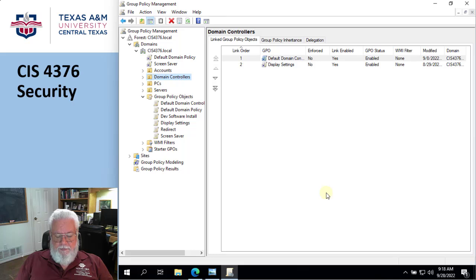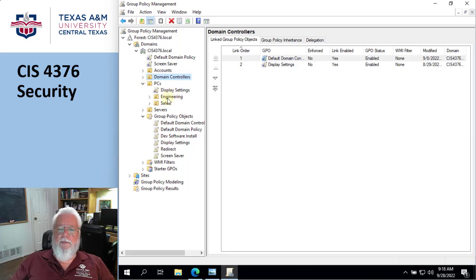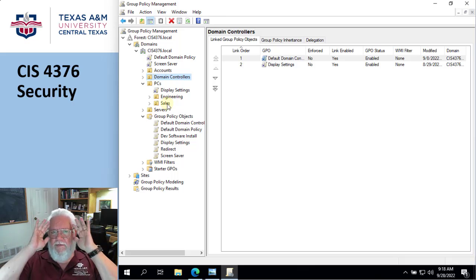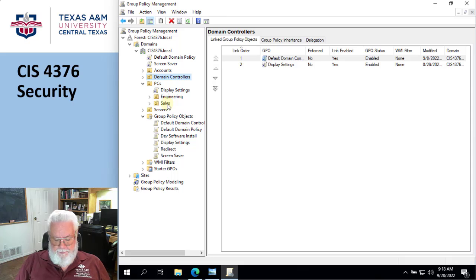Organize your OU structure based upon the control requirements. So the reason why we have PCs and engineering and sales is because I want to treat the people in the engineering department differently. The way I always think about it is think about installed software. Okay, that's the easy way to get your mind around it. Are they going to have the same software? No. Are they going to have the same settings? No. So therefore it ought to be in a different GPO. And again,